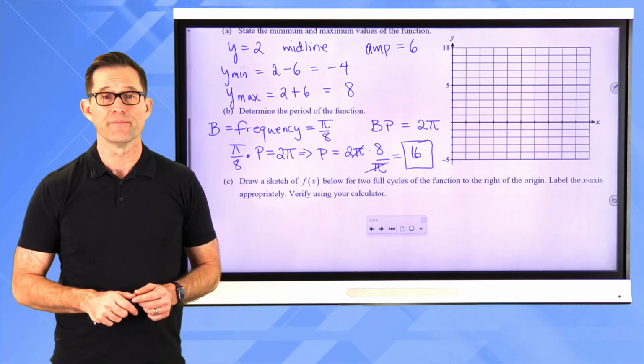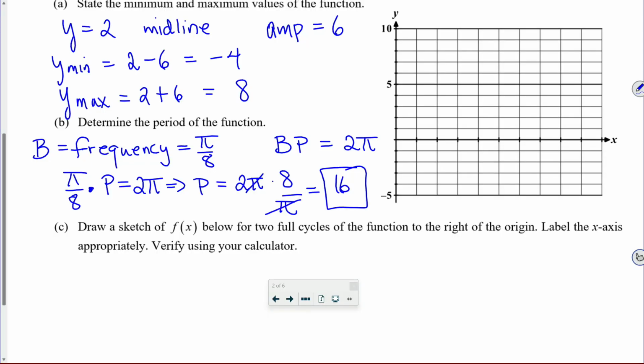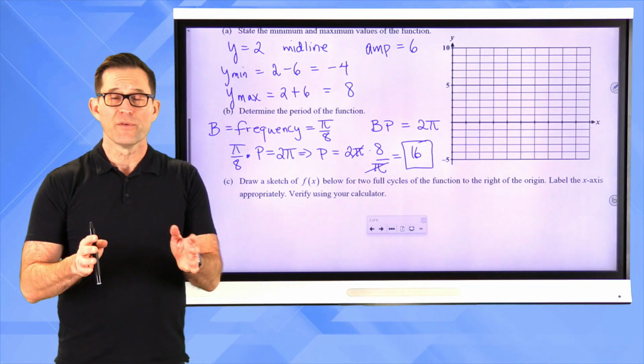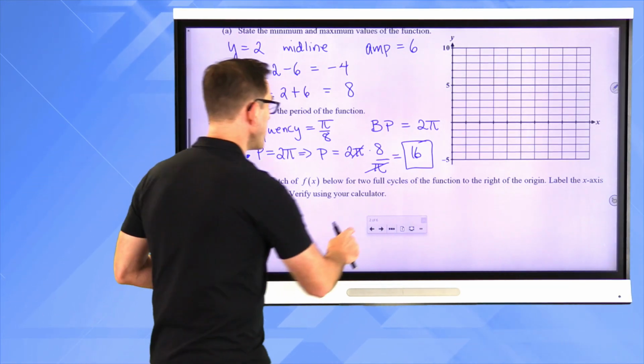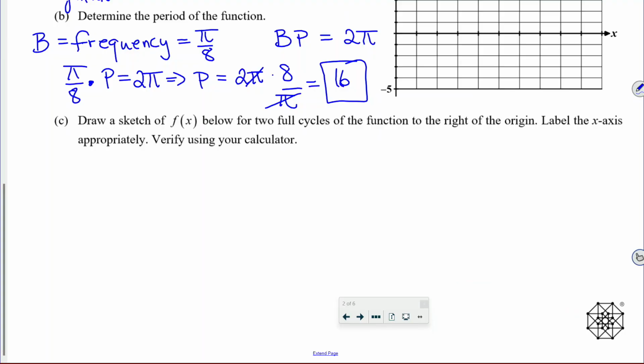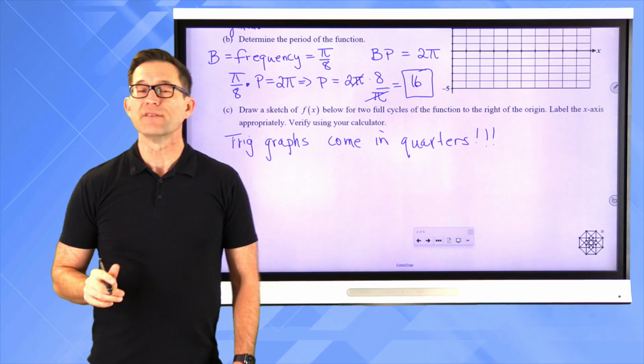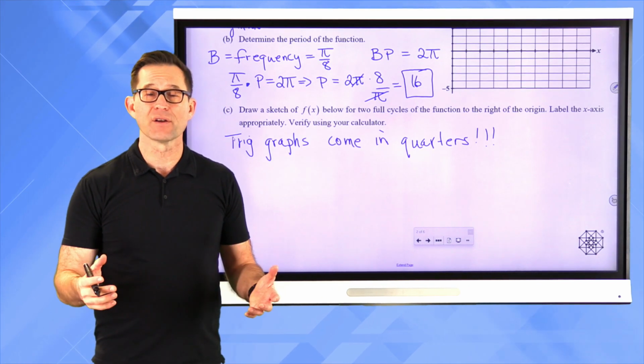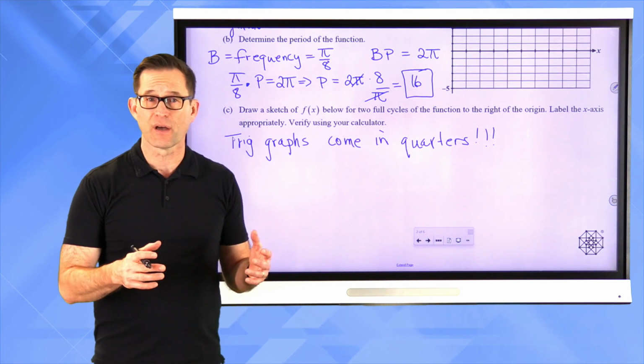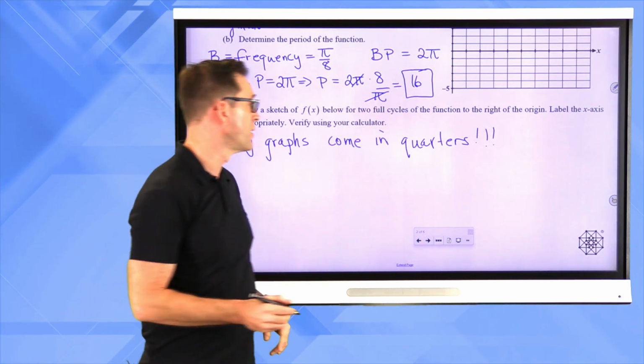Now let's take a look at letter C. Draw a sketch of f of x below for 2 full cycles of the function to the right of the origin. Label the x-axis appropriately. Verify using your calculator. Now, we've talked about this in the past, but let me reiterate something that's very important about trig functions. Trig graphs come in quarters. Or maybe I should say we want to think about them in terms of quarters. And so the first thing I always do when I decide how to graph something in terms of a sine or a cosine curve is I take my period